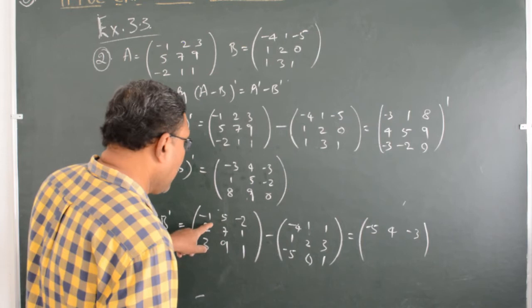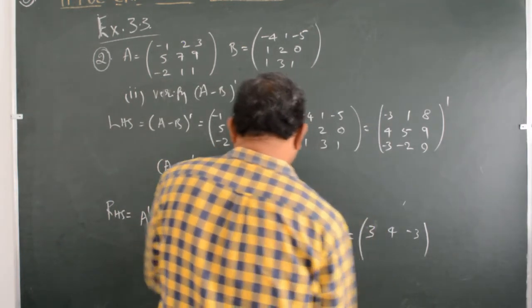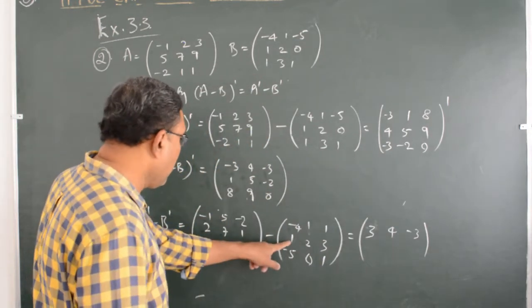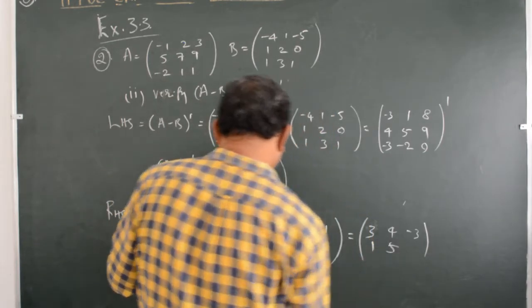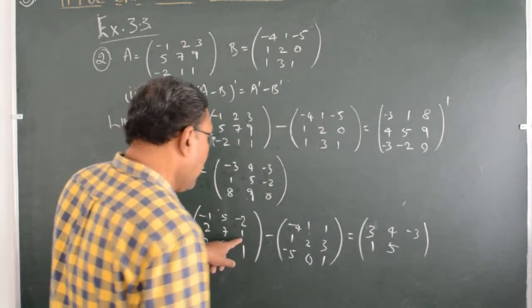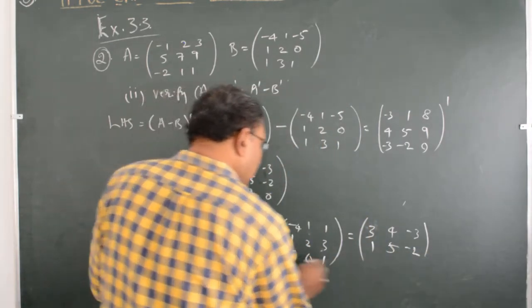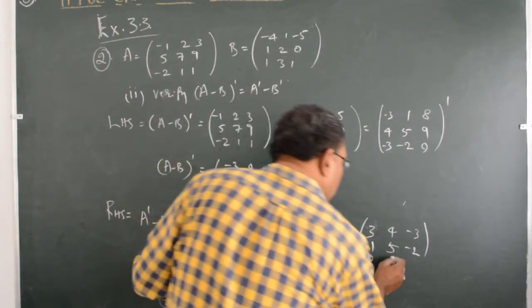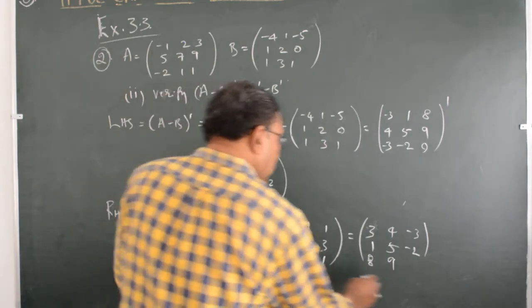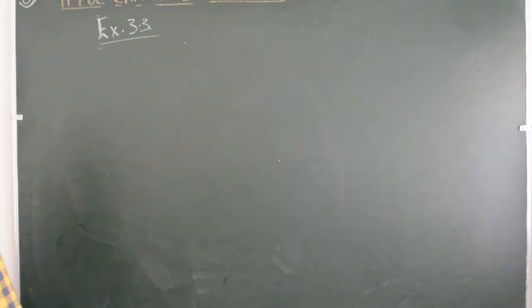And 2, 7 minus 1 minus of minus 4 is, sorry, here it is 3. Okay, 2 minus of 1 is 1 and 7 minus 2 is 5. 7 minus 2 is 5 and 1 minus of 3 is minus 2 and 3 minus of minus 5 is 8, your 8 and 9 minus of 0 is 9 and 1 minus of 1 is 0. That is how we prove that A plus B transpose is always equal to A transpose plus B transpose.